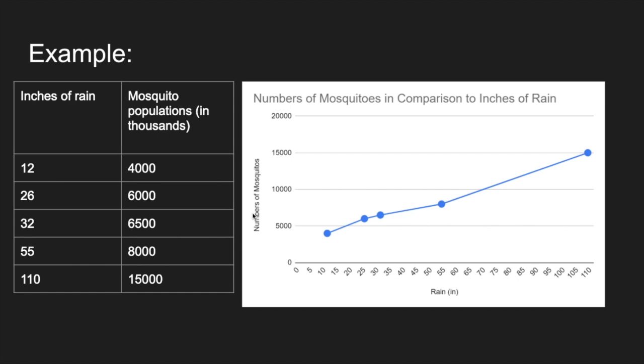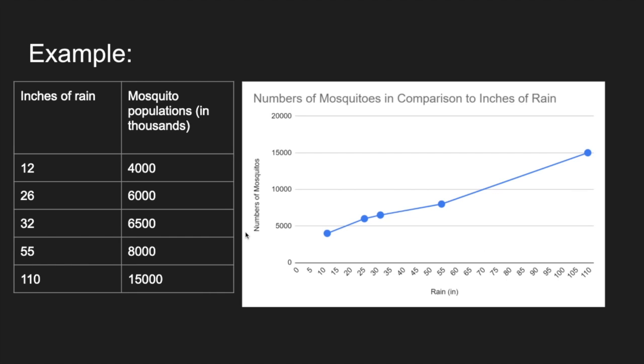But we're going to go over what we believe this graph should actually look like. So you have inches of rain. You have 12 up to 110. So we started at 0 here. Notice that we have our inches of rain down here on this x-axis. We don't start at 12, we start at 0. And we're going by 5s for this scale because we want to get up to 110 as our last data